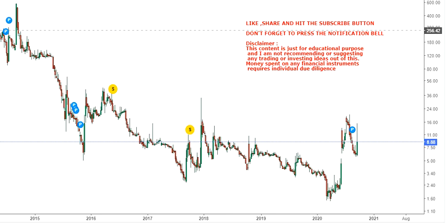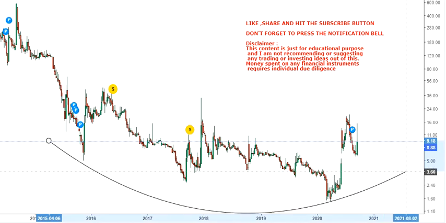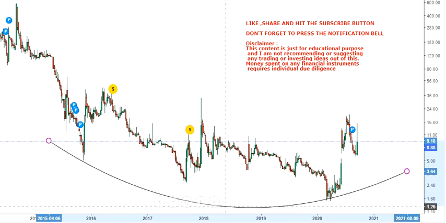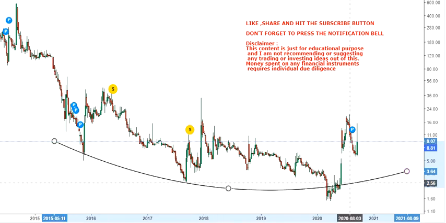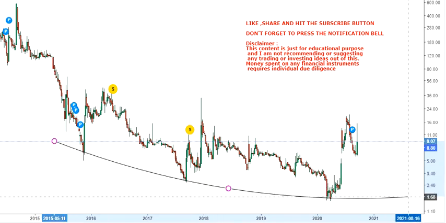Friends, in this video we are going to discuss Net Element Inc, and if you can see the chart, since 2015 the stock is trying to make a bottom. It seems like it is trying to form a rounding bottom kind of thing. What we are looking at is a weekly chart, so obviously it is trying to create a big rounding bottom kind of pattern here.